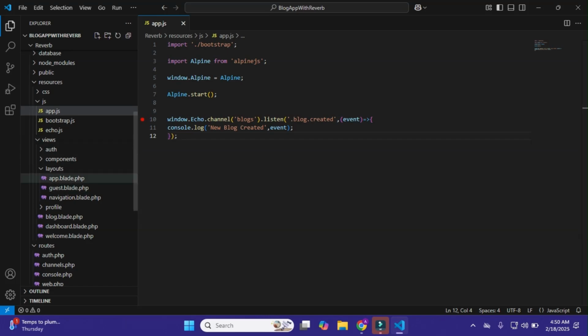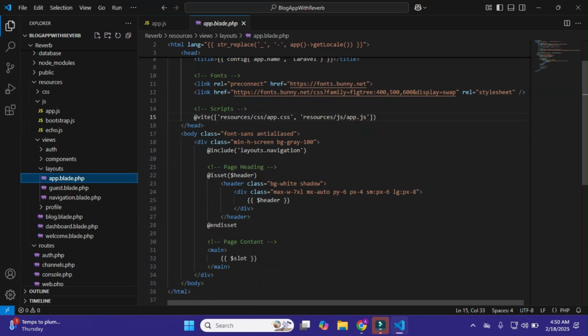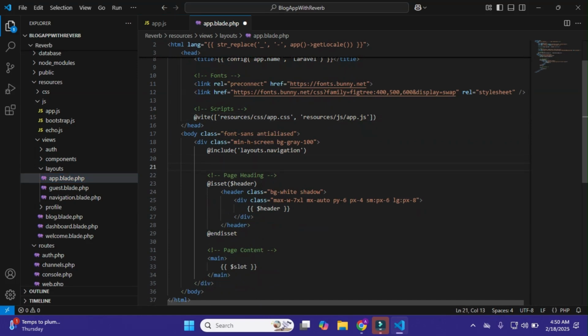Okay, so I'll just simply go to app.blade.php, and here I'll just simply make a div, and I'll just simply give it id notification container. Okay, just this, and I'll just simply give it class fixed, and items center.